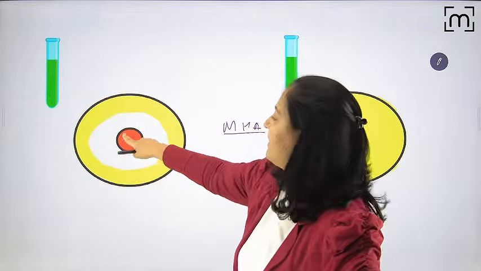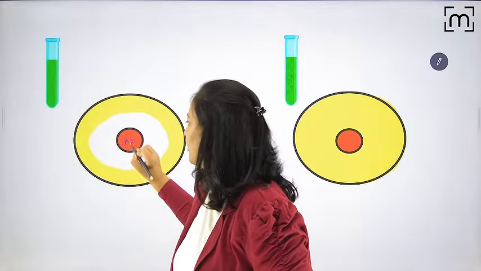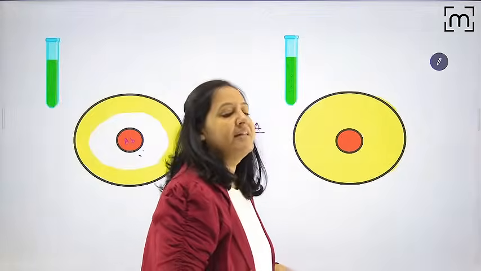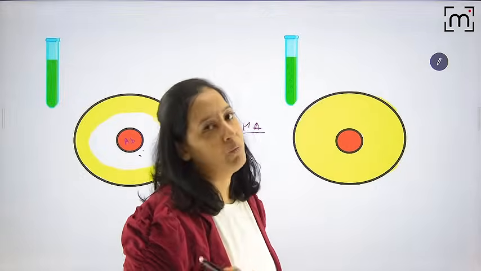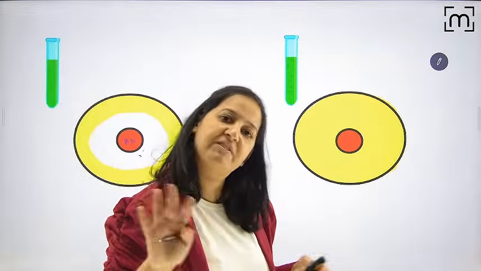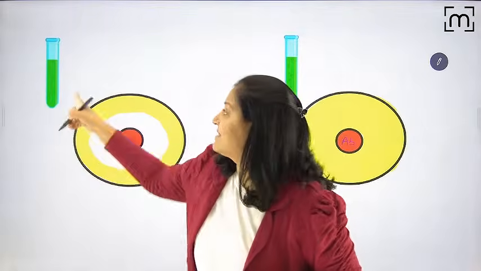Can you see this red color? These red discs are the filter paper which contains antibiotic, a particular antibiotic of particular strength. The strength is decided. The antibiotic is chosen based on your differentials: whatever organisms are in your differentials, we choose the antibiotics they are susceptible to. So this is the antibiotic disc we are keeping, and this is the sample of my patient.